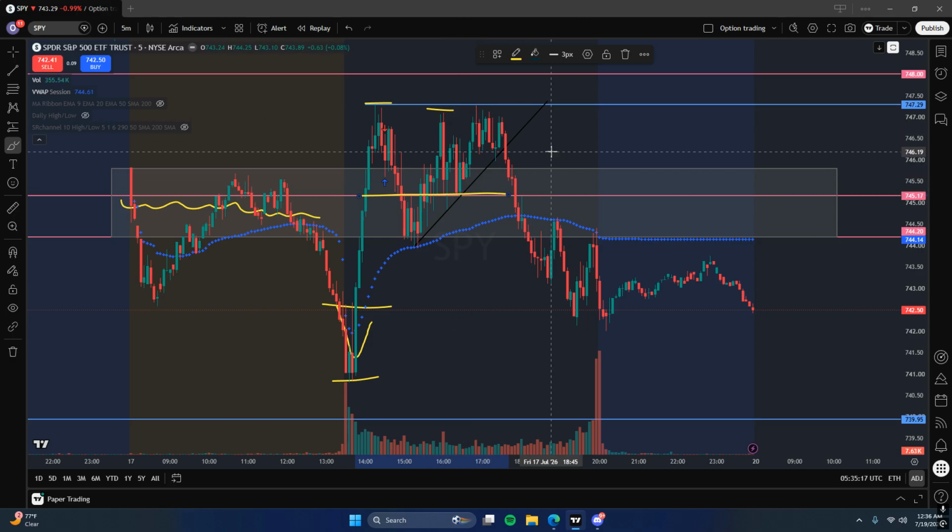Chop, chop, chop, right? Just chopping up here. Topped out again. Continuation back down, broke under this support, okay? And then you're heading back down here. Boom. Okay, now you're in just kind of the daily zone, this 745 support. Break under, retest. So if you're really trying to look at this chart, V-shaped recovery,